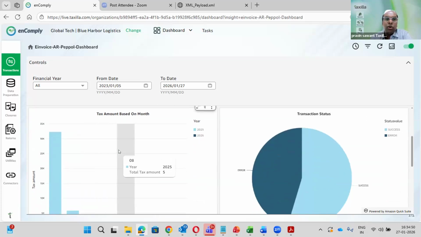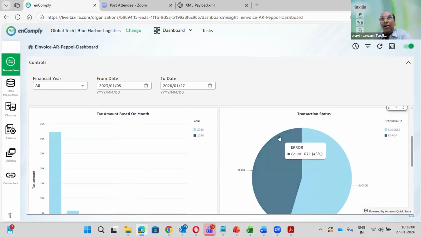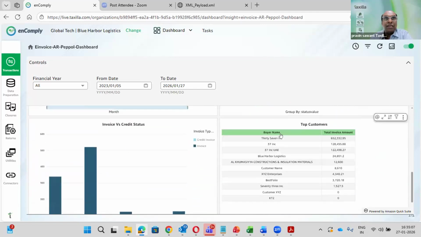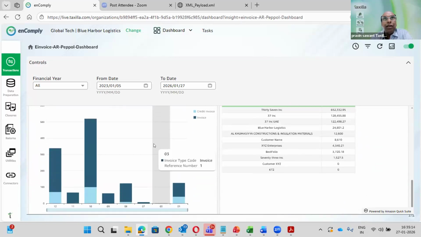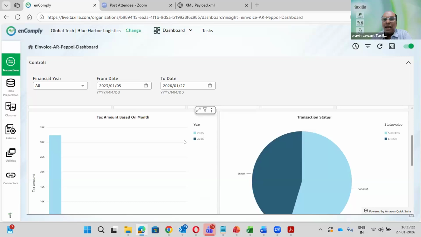Now, Prakriti also told about the VAT payment. So here, total tax payable amount monthly, that report you will directly get from the system. Transaction status means whether it is in transit, accepted, rejected, or in process. Plus, as Prakriti told, for every tax invoice you have to pass a credit note. Now, how many credit notes you pass against the invoice, and here you have to give the original invoice number. That particular thing we are providing. We are adding more functionality and reports here.